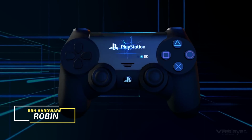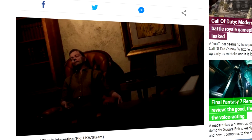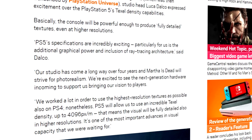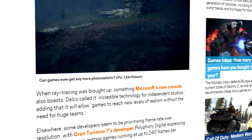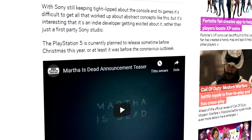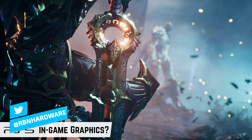So the details around next generation of gaming consoles are leaking out at a fast pace right now, with information from both Sony and Microsoft now being supplemented by information from developers commentating maybe more than what the two companies might want. Anyway, there is some very interesting information being revealed. It's coming from a developer and it's concerned with PlayStation 5 and its ability to handle higher levels of detail in texture compositions. The information comes from Luca Dalco, I hope I got that name right, who is a studio manager